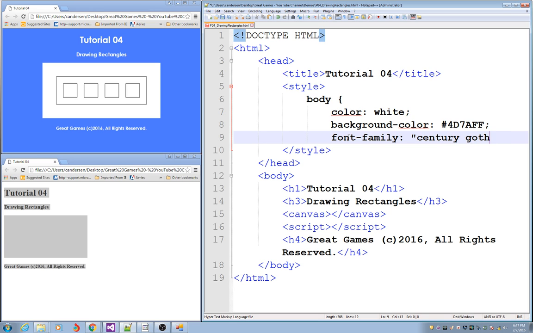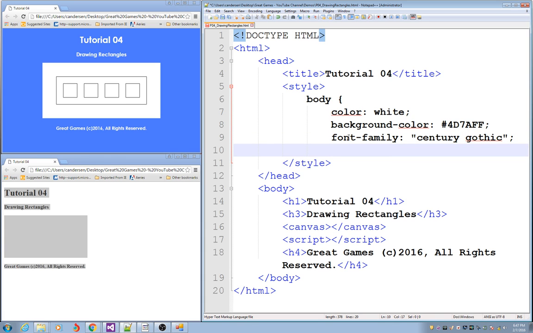Century Gothic, and make sure that you close that quote and you close that line with a semicolon. And the last thing I want to do here on the body section is to align the text in Canvas so it's in the center of the page. So I'm going to put text-align colon center semicolon and then a closed curly brace, because I want to close this curly brace out from here